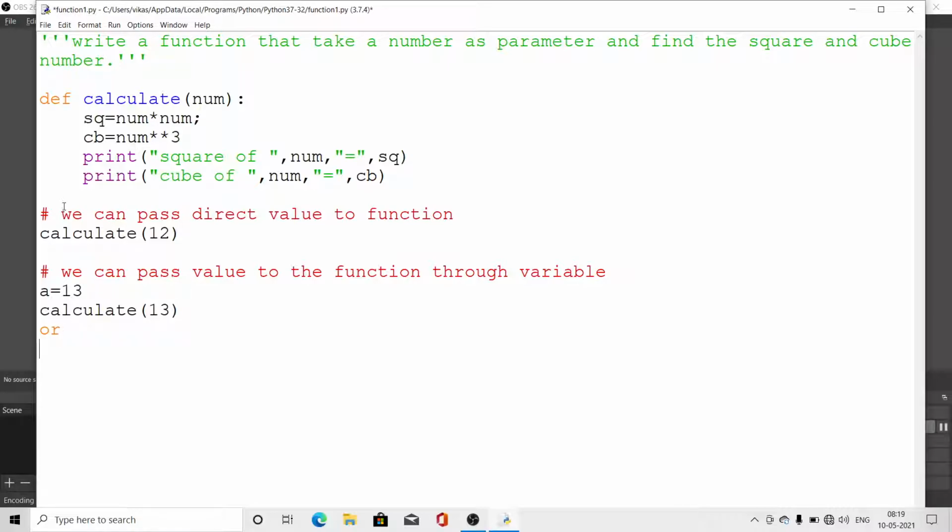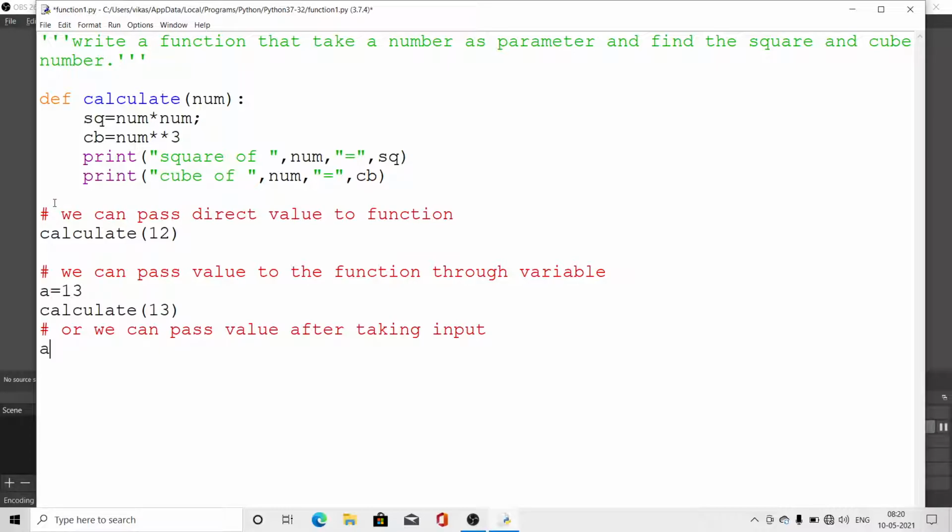Or we can pass a value after taking input. After taking input we can pass the value to the function. How?